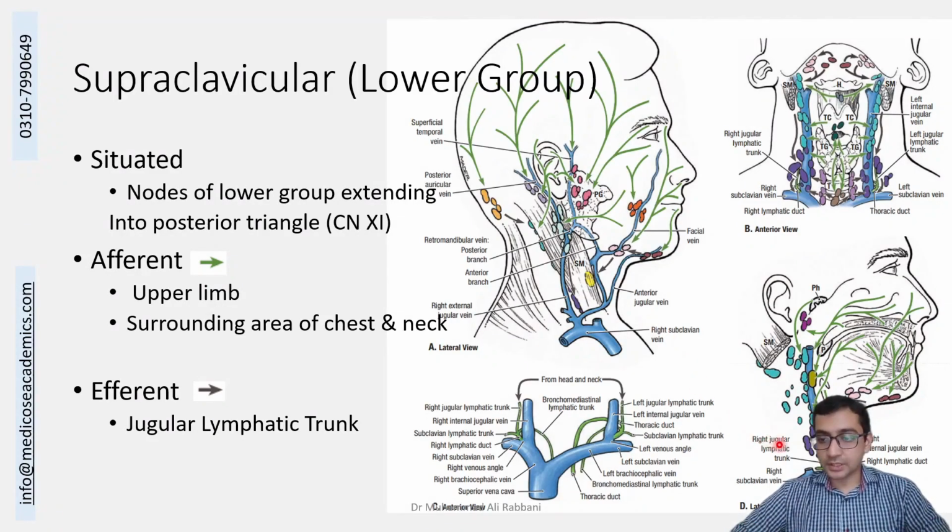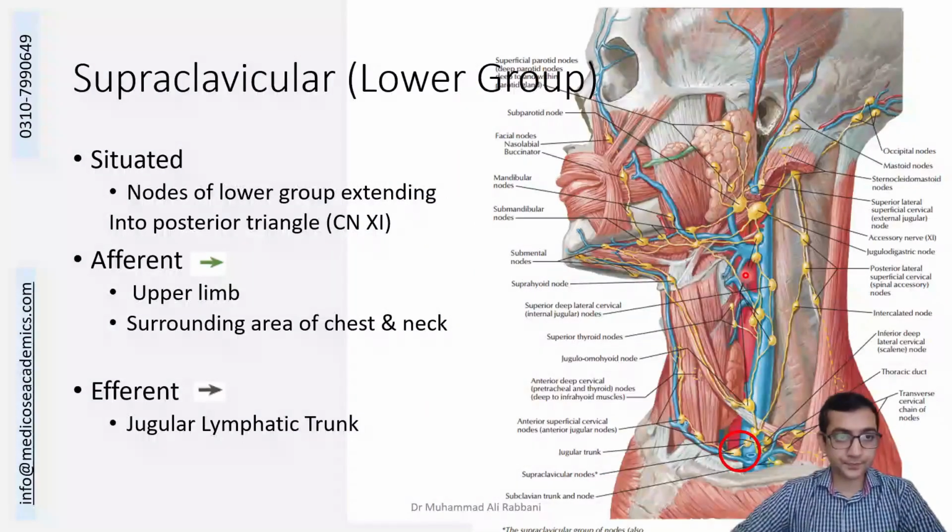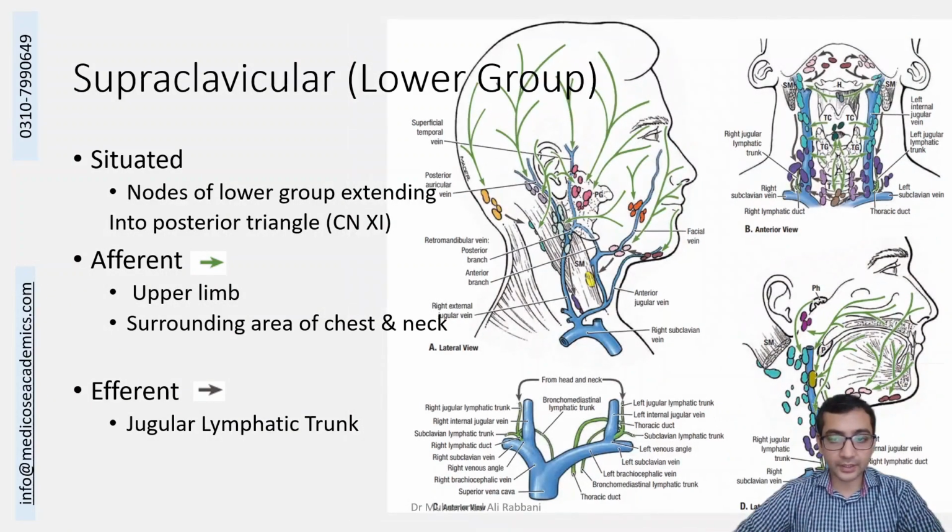Supraclavicular nodes. These are not separate nodes. These are basically part of the lower group of the deep cervical nodes. They are the ones that go into the posterior triangle of the neck, and these are the ones draining the upper limb. This is near the spinal accessory nerve that is damaged during dissection, and they again drain into the jugular group of lymph nodes. These are the supraclavicular nodes, and then we are left with